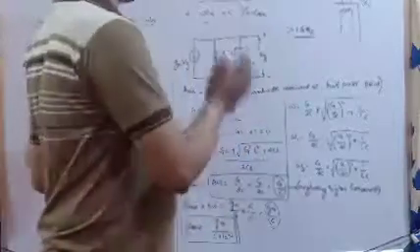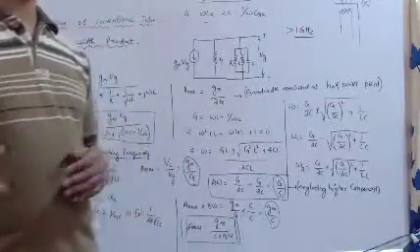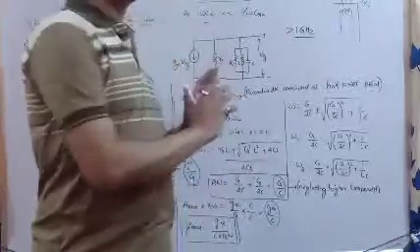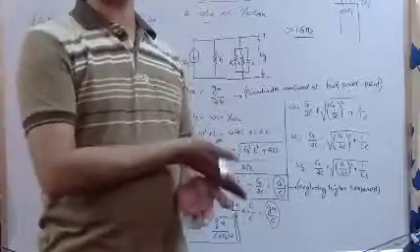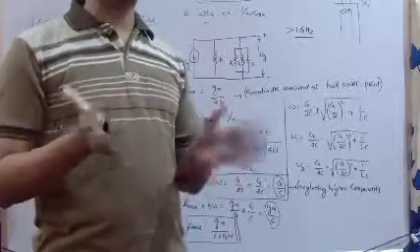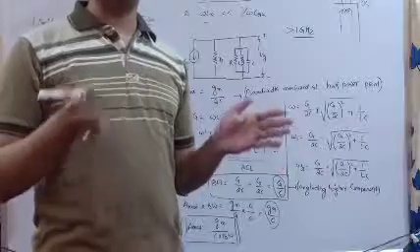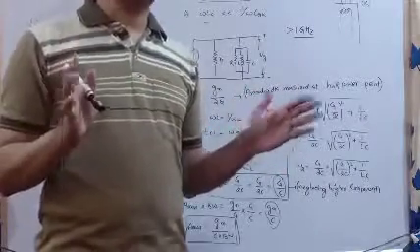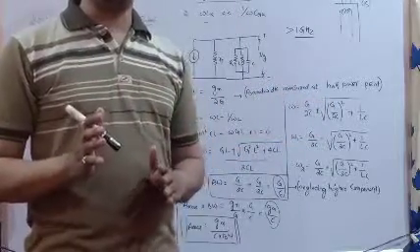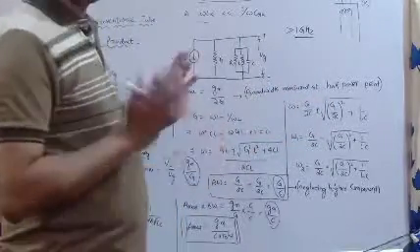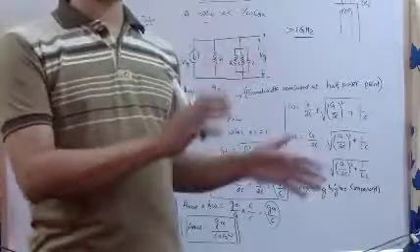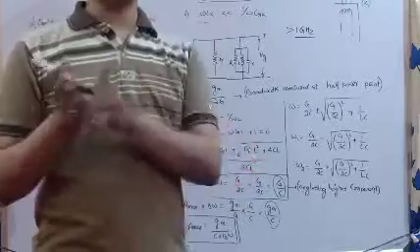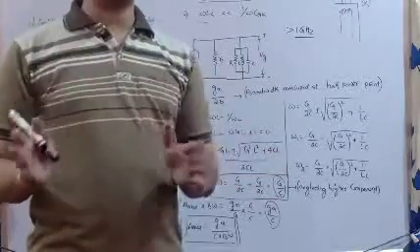These are basic concepts apart from our syllabus, but these are things you should know, because these are the things we are going to utilize in our microwave tubes. In your syllabus only the reflex klystron is there, but apart from the reflex klystron there are other devices also. Those devices also, if time permits, I will discuss for you. But these things are the basics. If you understand this, it is very easy to understand the reflex klystron principle as well as the two cavity, multi cavity, TWT, magnetron, and different sorts of devices.